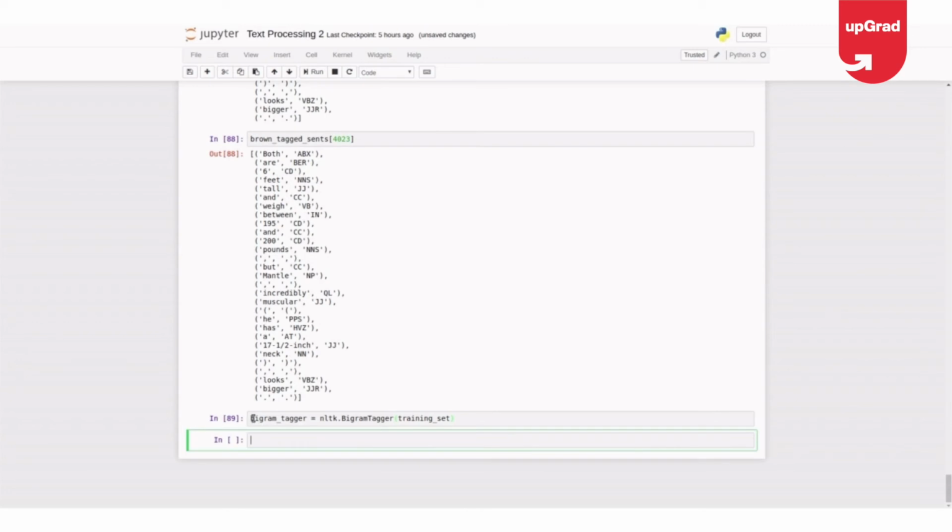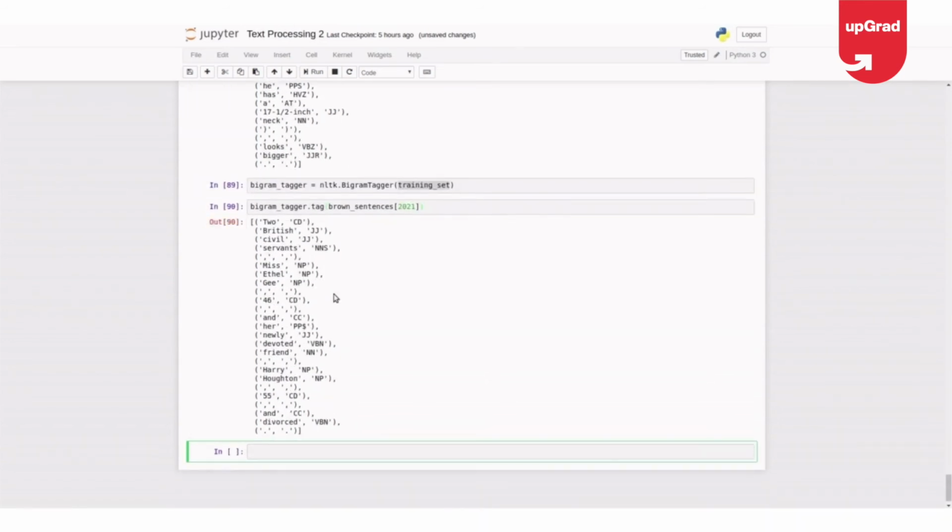What this has done is it has converted my training set into bigrams and did the bigram tagging also, and it has trained on 4000 sentences along with the bigrams. Now let me test it. Bigram tagger dot tag, maybe I'll give brown sents of 2021.